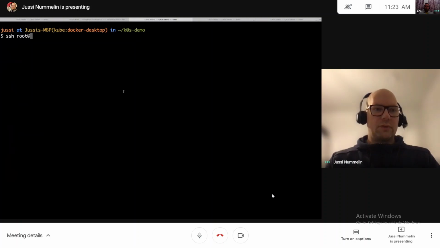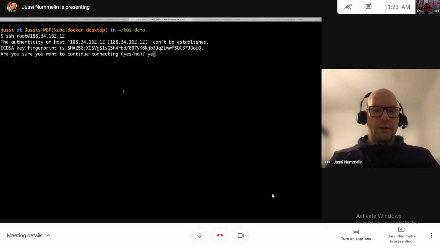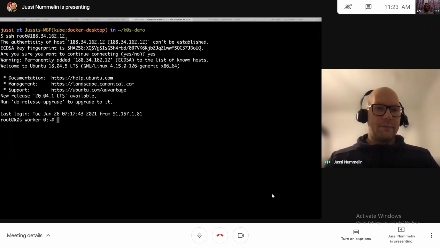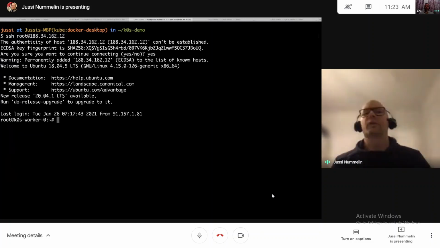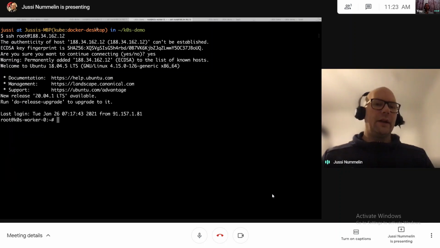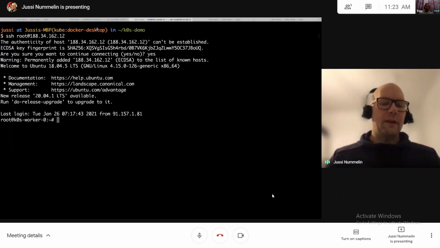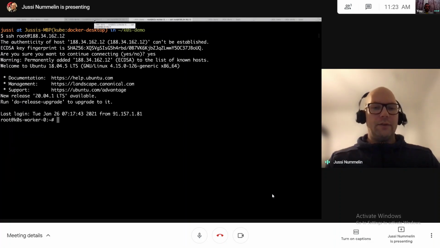SSH root at, yeah, I trust it. To join a worker node into the cluster, I need a token, something to authenticate the worker so that it's allowed to connect to the cluster. For that I first need to create the token.